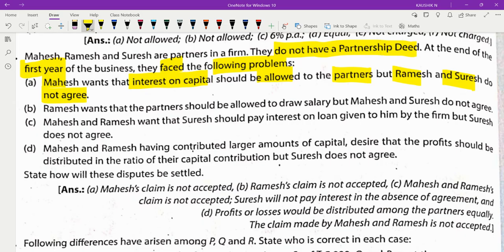He is talking on behalf of these two partners also, but those two partners are objecting. But anyway, is it allowed or not? When the deed is not available, the interest on capital he is demanding, will it be allowed? Okay, so that means it will not be provided. Even though he is very humble and generous, talking on behalf of the other two partners for their benefit, that is not provided. See how Ramesh and Suresh are very straightforward. They are following the rules very rigidly, strictly. Okay, right. Coming to the second question. What is the second question?